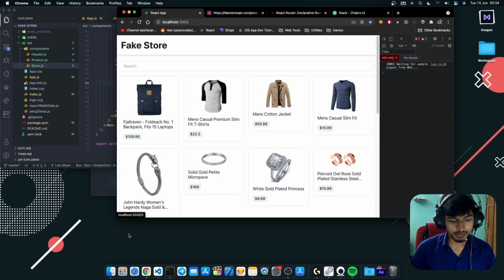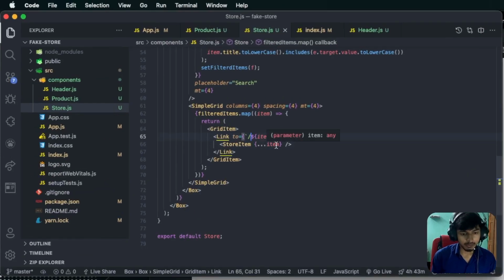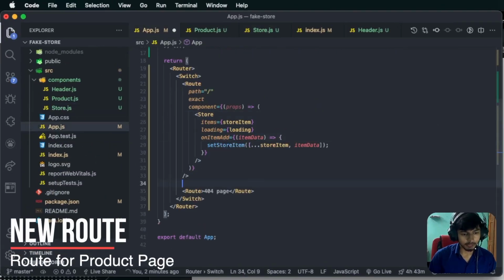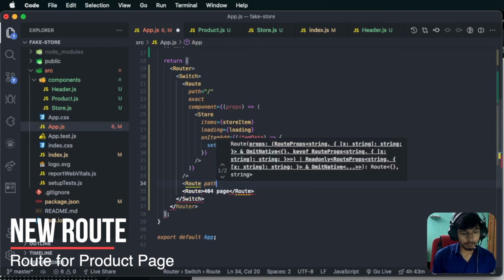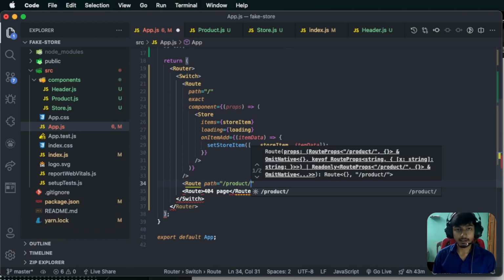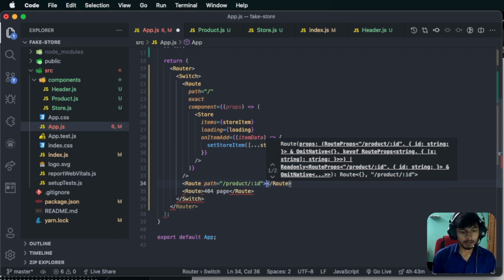And as you can see at the bottom, it says 1, 2, 3, 4, 5, something like that. To make it more professional, you can do something like this, product/id. There we go. And inside app.js, we can add another route, just like that. Path will be /product/ and ID could be anything, like you don't know, it could be 0, 1 to 3, ABCD, anything. So to fetch what's exactly passed here, we can use parameters just like this, and this is